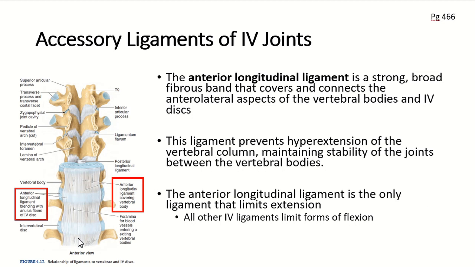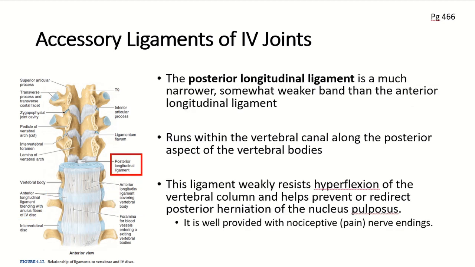So if this is the anterior longitudinal ligament, which of course you cannot see or palpate because you've got your internal organs in the way, we can look at the ligaments that are on the posterior side. The posterior longitudinal ligament: this is the anterior longitudinal ligament here, very nice, very thick and broad. Right back here, right in the foramen, is the posterior longitudinal ligament. You can see it's very narrow, and in contrast to the anterior longitudinal ligament, it is much weaker.